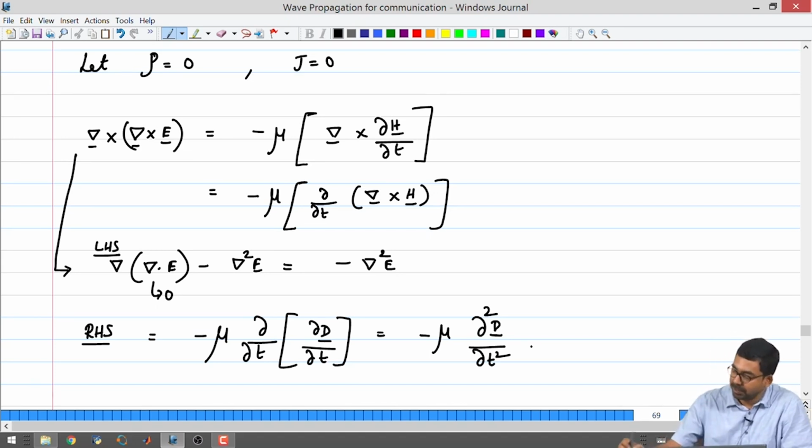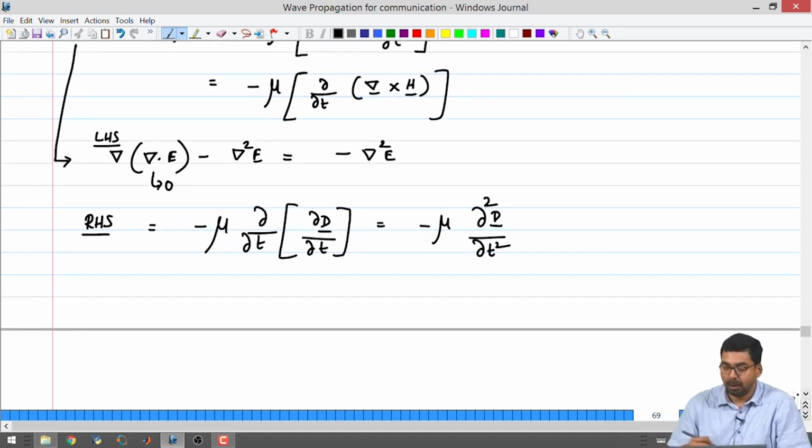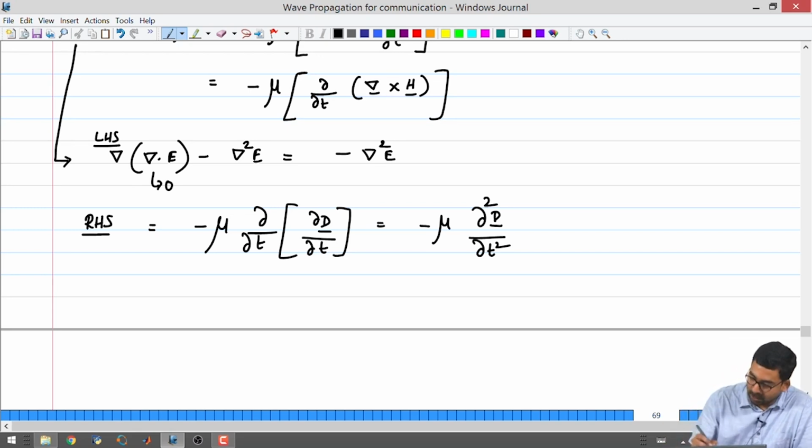Okay. We can also go one step further. If we want to get rid of D and want to express everything in terms of epsilon, we have to make some assumptions about the materials. Okay. We can make a safe assumption the material is isotropic, material is also frequency independent, in which case epsilon will become a constant. So, it will no longer be epsilon of t convolved with something, the convolution will reduce to a multiplication because epsilon is a constant. Okay. So, we make the assumption that it is an isotropic frequency independent material, then I can write this down as minus mu times epsilon